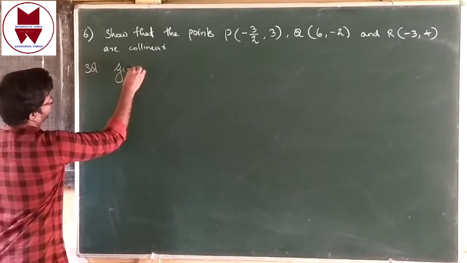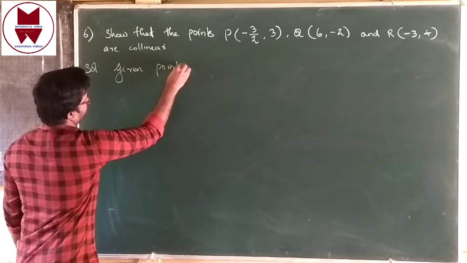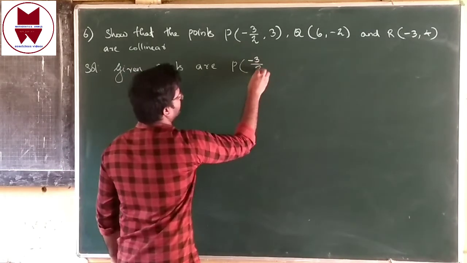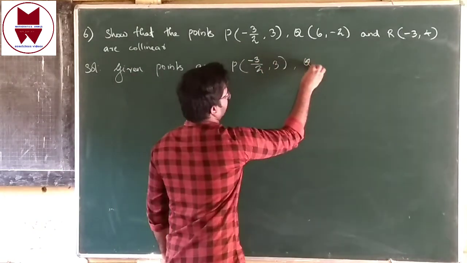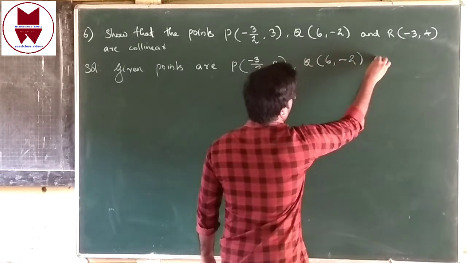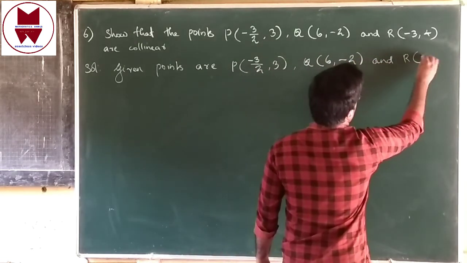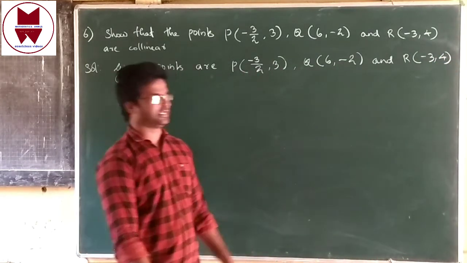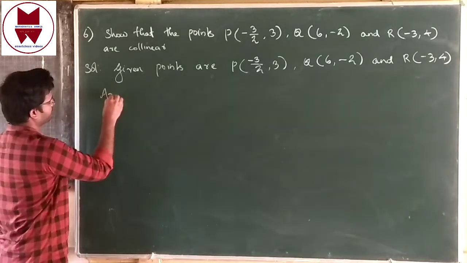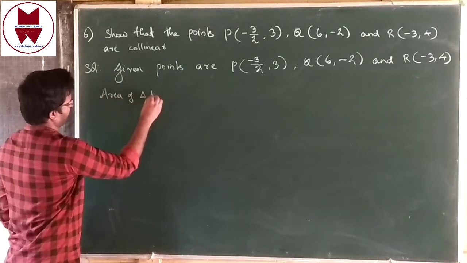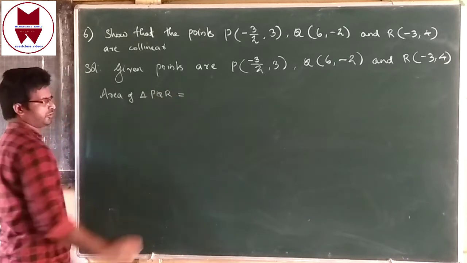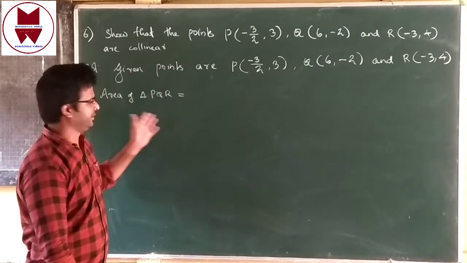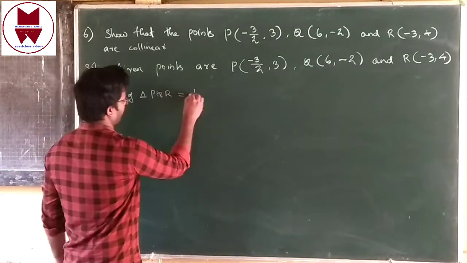Given points are first point P minus 3 by 2, 3. Q means 6 minus 2 and R minus 3, 4. 3 points given in here, isn't it? Then find out area of triangle. Area of triangle P, Q, R. Because we don't know that points are collinear or not. We have to prove, isn't it? Then find out area of triangle PQR, that is 1 by 2